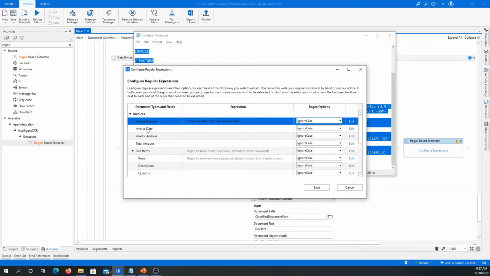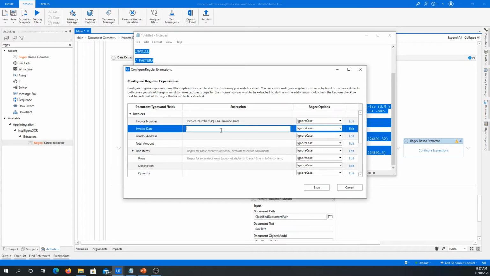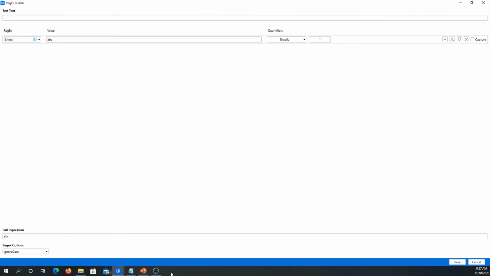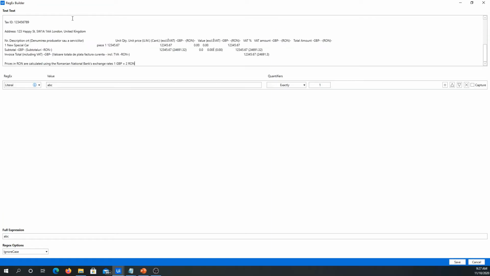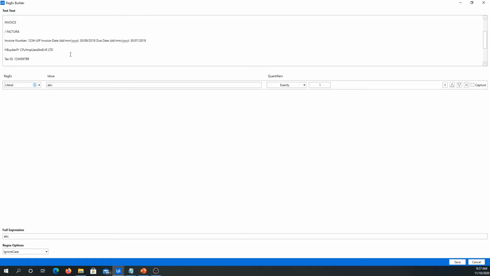And the next one is the invoice date. So let's go to edit, and we have the Regex Builder again, and we'll place our text over here, and this time I'm going to look for invoice date, and I need to provide a pattern. So we can provide this